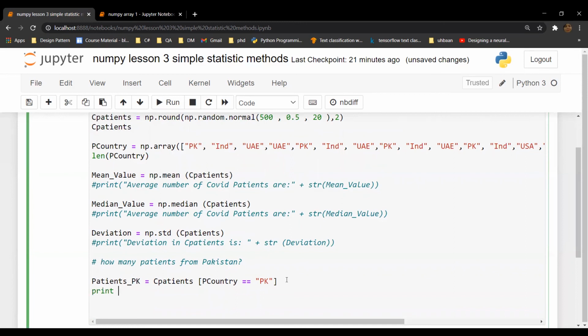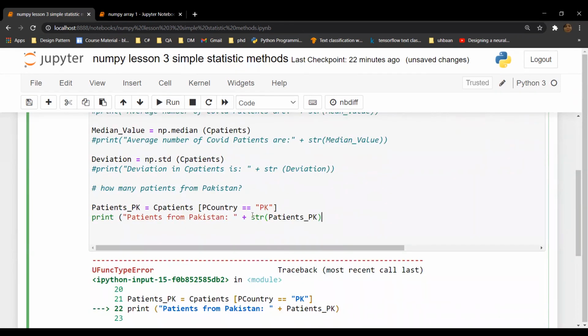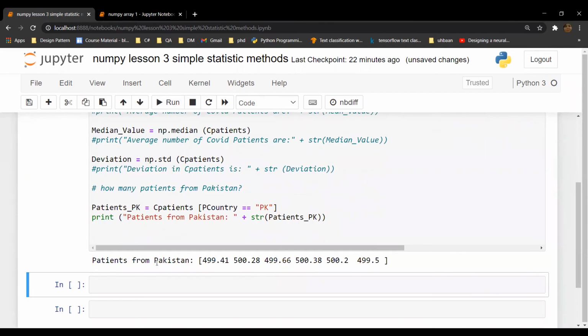Print patients from Pakistan, and then we need to give our patients_pk. So these are the patients from Pakistan.